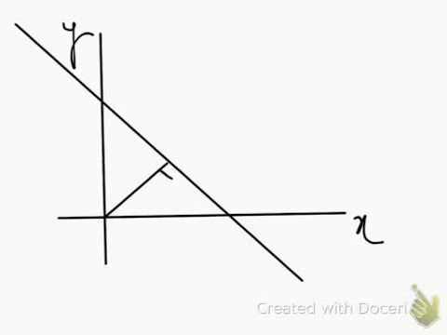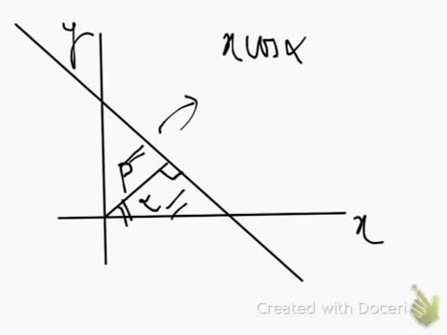That means that this here is perpendicular, or 90 degrees. Let this angle be alpha and let this distance be called p. Then if we use the slope form, we will find that the equation of this line in terms of alpha and in terms of p is x cos alpha plus y sin alpha